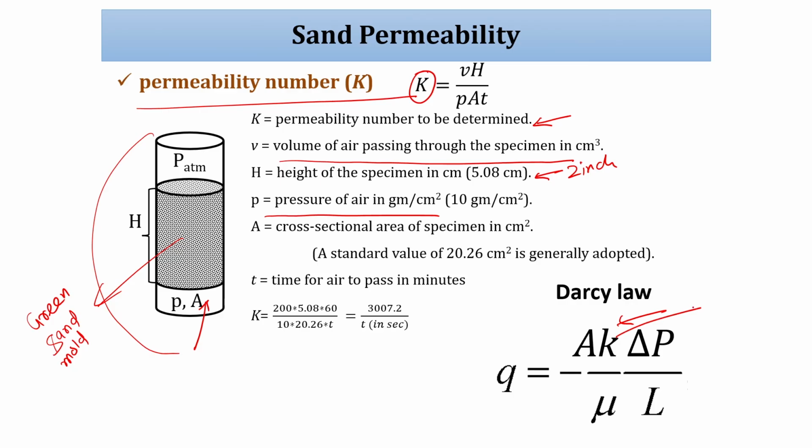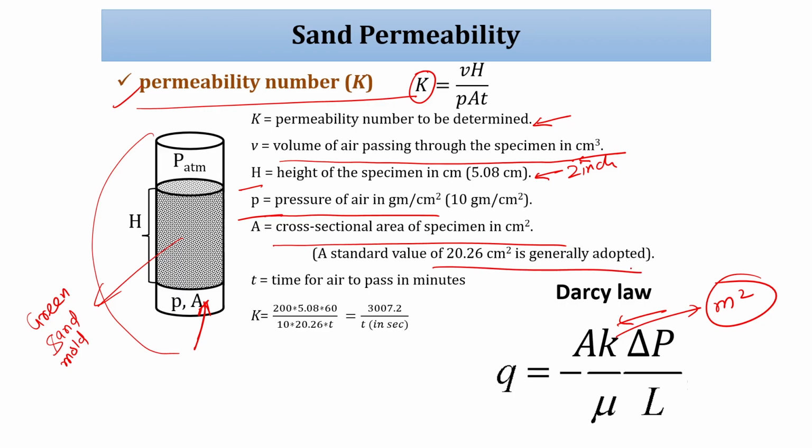and the dimension is meter square. It is one kind of area which is allowing the gas or fluid to pass. But in casting we do not go about permeability, they directly calculate the permeability number, that is equal to VH by PAT. V is the volume of gas you are passing, P is the pressure of the air, H is the height of the sample, that is 2 inch, A is the cross-sectional area,